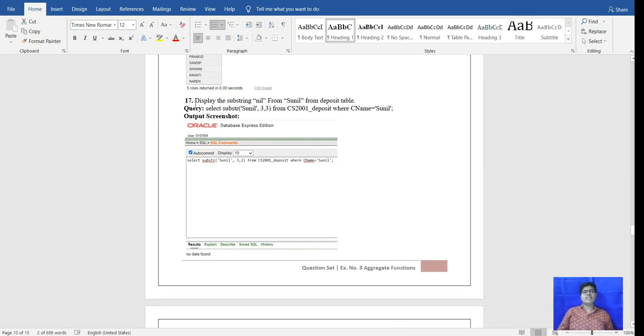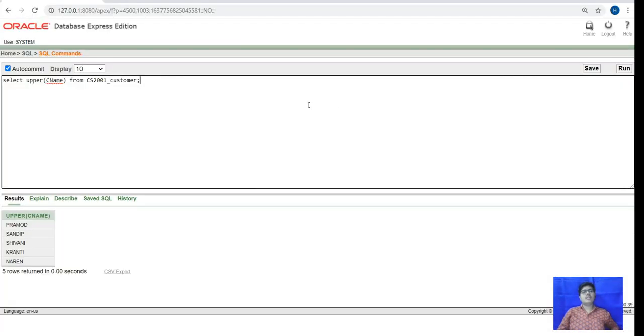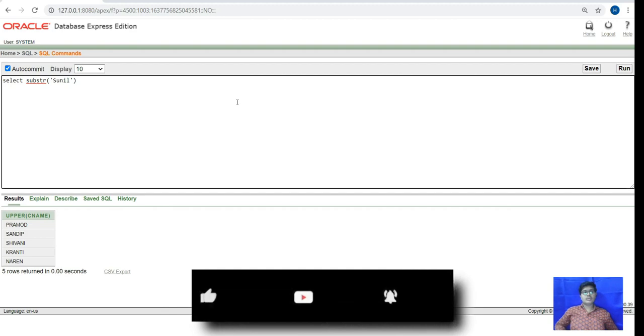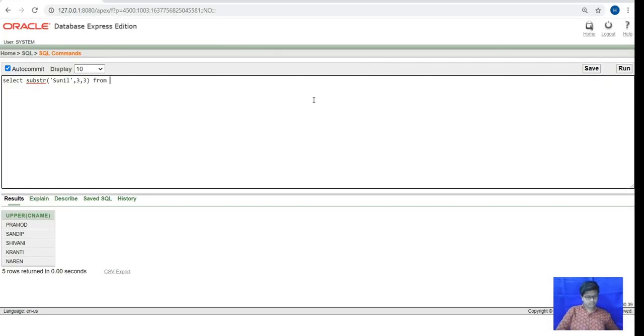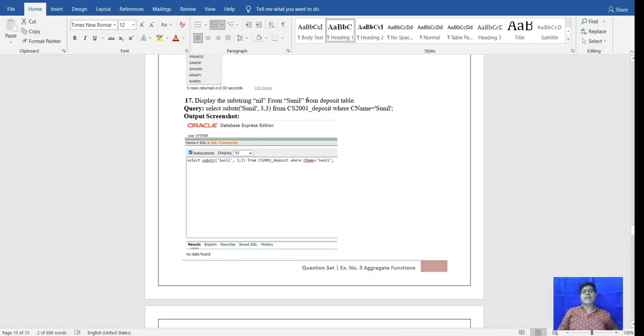The 17th question is, display the substring nil from Sunil from the deposit table. We have to display the substring, so we type substr with the name Sunil from the deposit table.